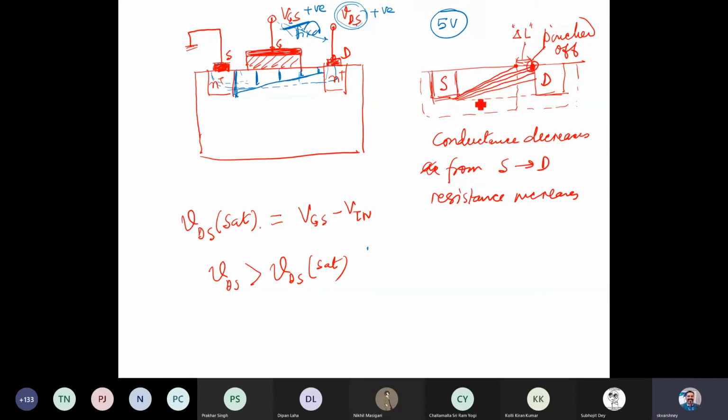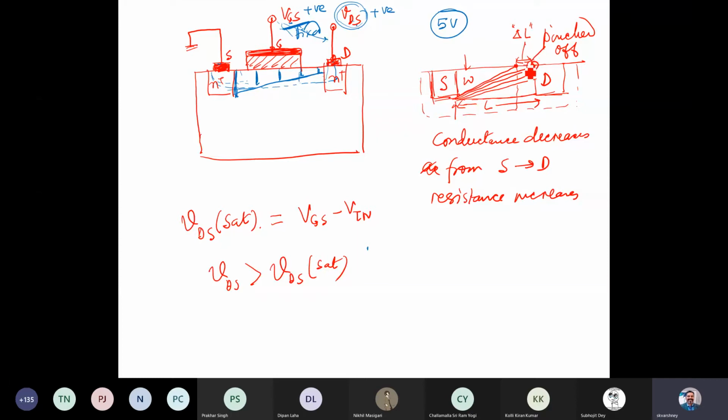Let's say L is the length here, the channel length, and W was let's say the depth here. So W was the depth. You would see that in the current equation which we write, it depends on these two parameters, W and L, as well as on how the device is fabricated.